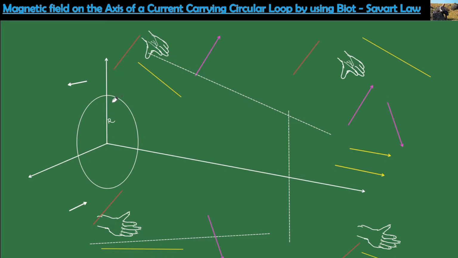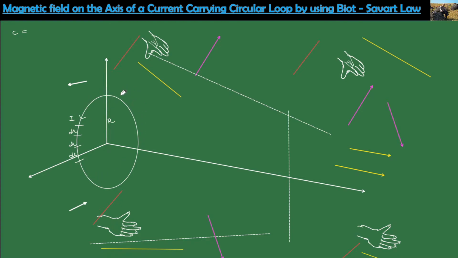Now, let the current I be flowing through that circular coil. Since this is a circular coil, we can divide it into many current elements. All these current elements will have length dl. We also emphasized in the previous section that